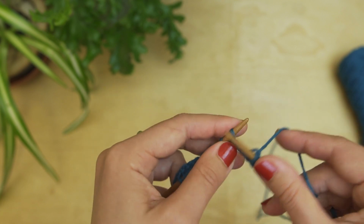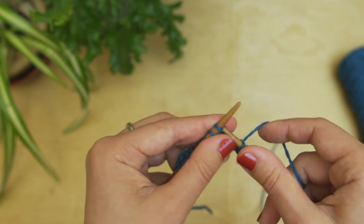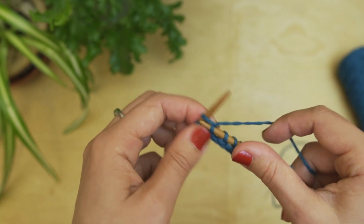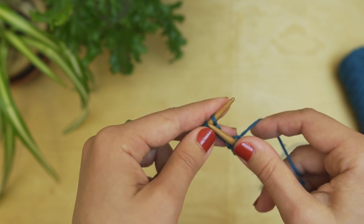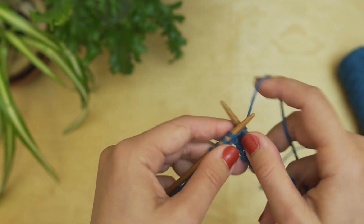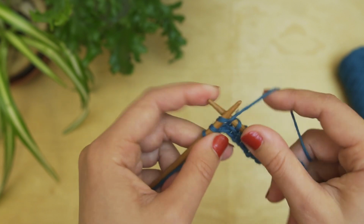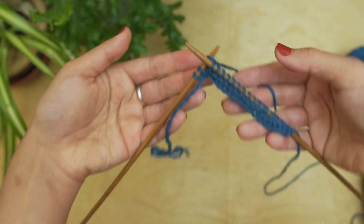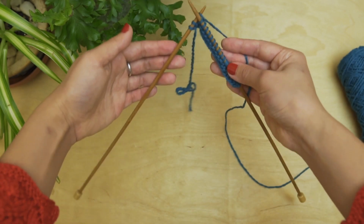Obviously, if you need to stop and go somewhere, ideally you would wait until you had knit all of the stitches on the needles, and then you would go off and do your thing, leaving one empty needle and one needle full of stitches, but sometimes life doesn't work out that way. So if you come back to your project and you've just left it like this